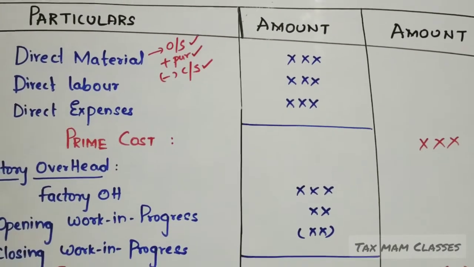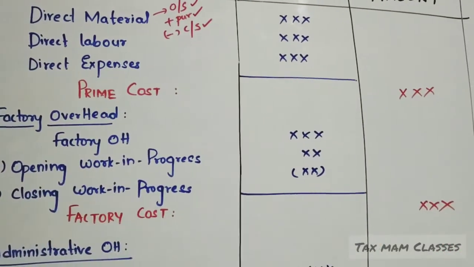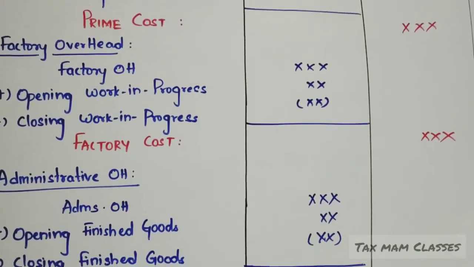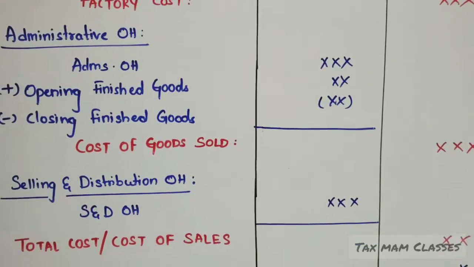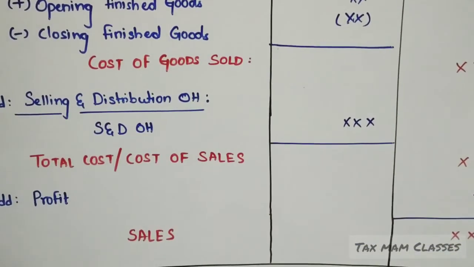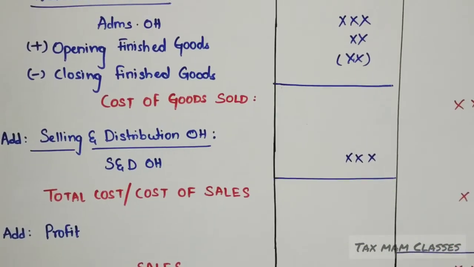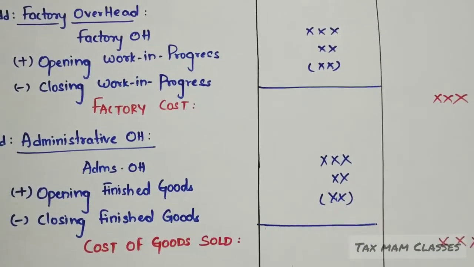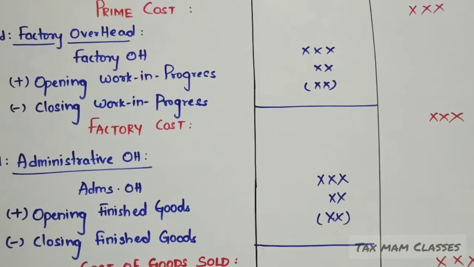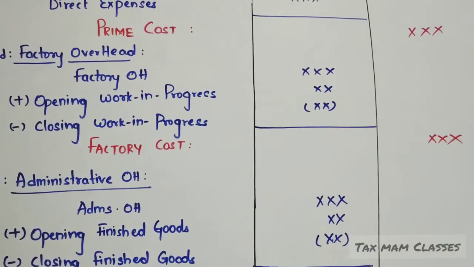So with the help of this cost sheet, with this pro forma, a producer or a manufacturer or a company can determine the selling price easily. So this is the pro forma of the cost sheet, and I described it in an easy manner. So don't mug up. If you know the basics, then we can do any problem. So let's do an example in the next class or in the next video.